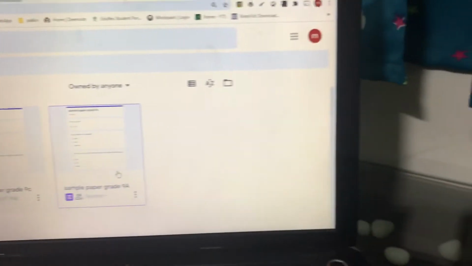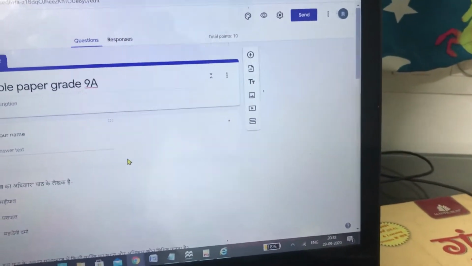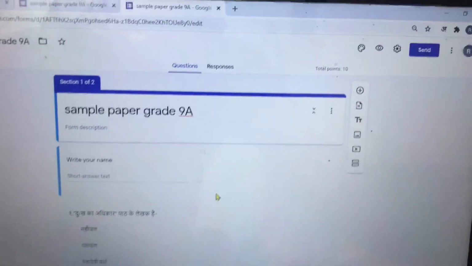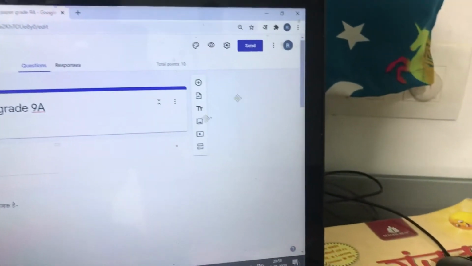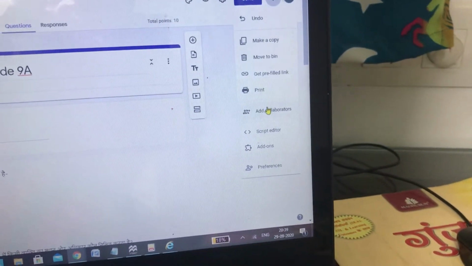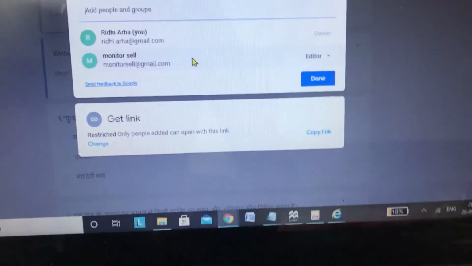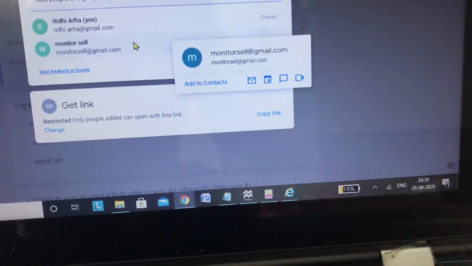If you want to remove it, you have to go back to the first teacher, and in the 9A form, he will go back to these three dots, go back to add collaborators, and from here in editors I can just remove this.